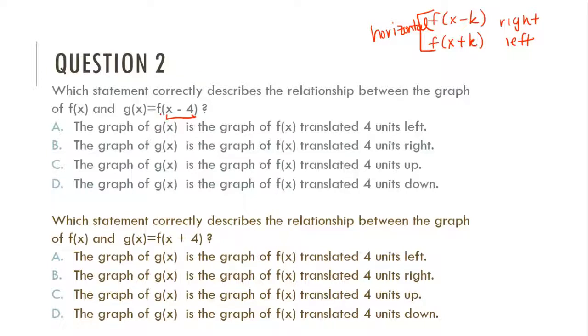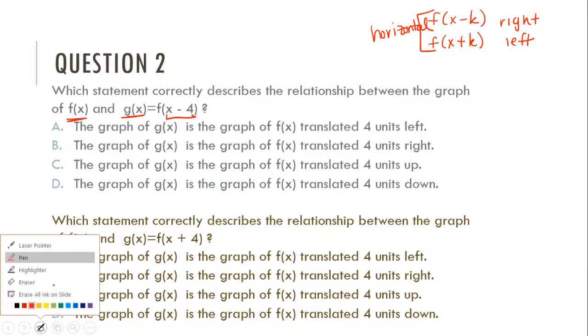Okay, so it's telling me that I'm subtracting 4 from the input or from the x. I have my original function, my parent function f of x, and I'm translating it to my new function g of x. And I'm translating it by subtracting 4 from my input or from my x. So when I do that, if I look up here at my rules,